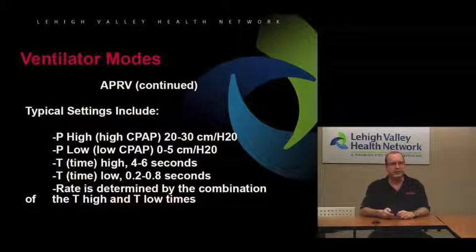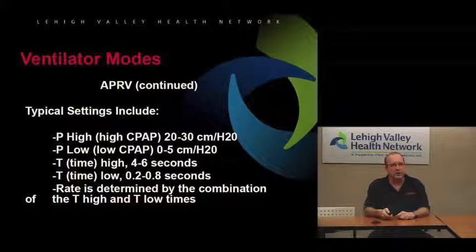The typical settings, there's really not a whole lot to put on when you select it. You put your P high, which is your high CPAP, and that's going to go up to 20-30 centimeters of water pressure. And then your P low, which is your low CPAP, which you can almost equate to your normal PEEP settings. That's going to be somewhere from 0 to 5. And then your T time high, and that's going to be your inspiratory time. And that's going to be 4 to 6 seconds. And your T time low is going to be 0.2 to 0.8 seconds. That's how we get those pretty severe